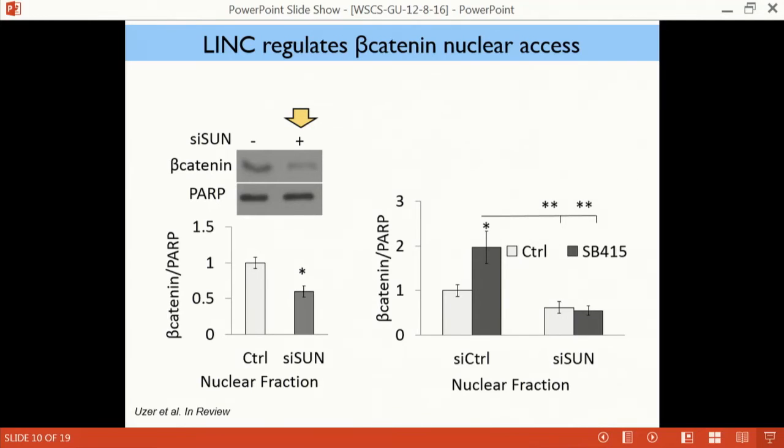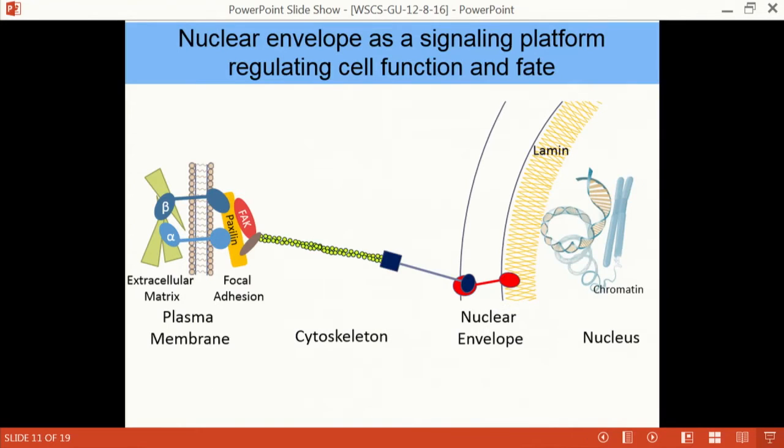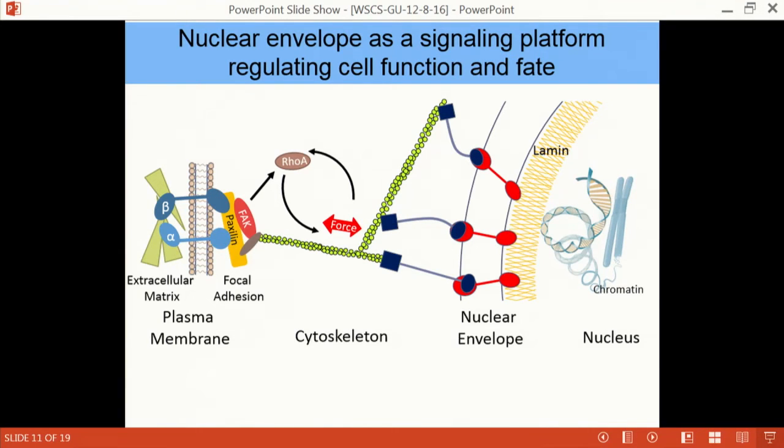And we wanted to ask this question. Indeed, what we have found was that in the absence of the LINC complex, we have less beta-catenin in the nucleus, and even mechanical and pharmacological activation of beta-catenin is inhibited in the absence of these LINC complexes. So again, just for time's brevity, we started with these LINC complexes that connect the nucleus to the outside world, and we have shown that the application of mechanical force can increase the FAK activation and can activate RhoA. In this way, they produce these cytoskeletal structures around the nucleus, perhaps exerting forces on the chromatin directly and changing the stem cell fate.